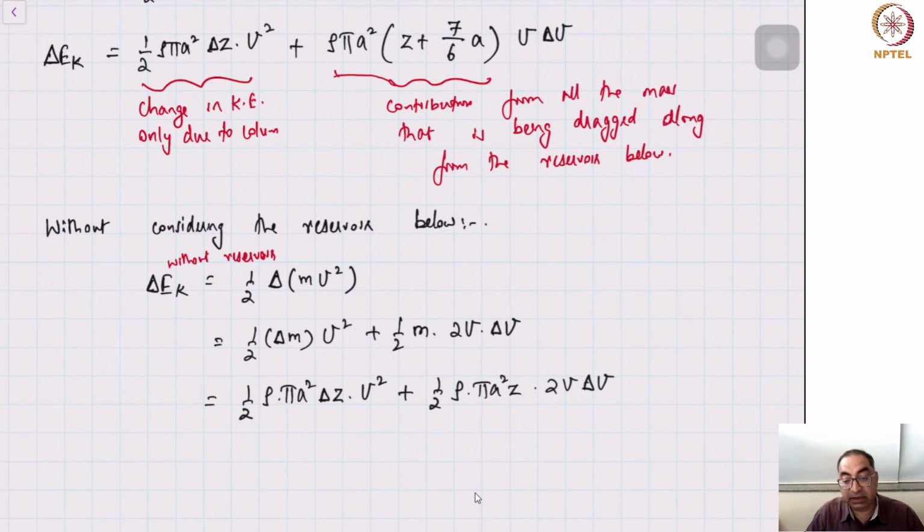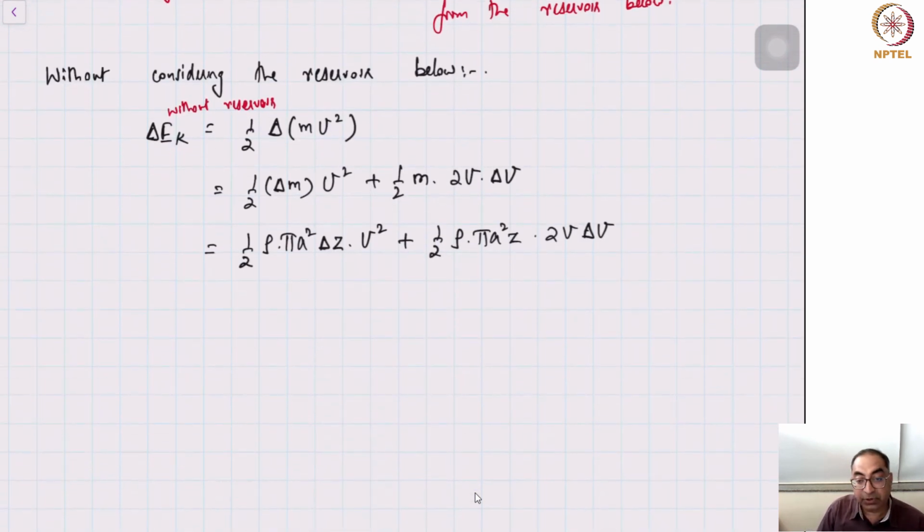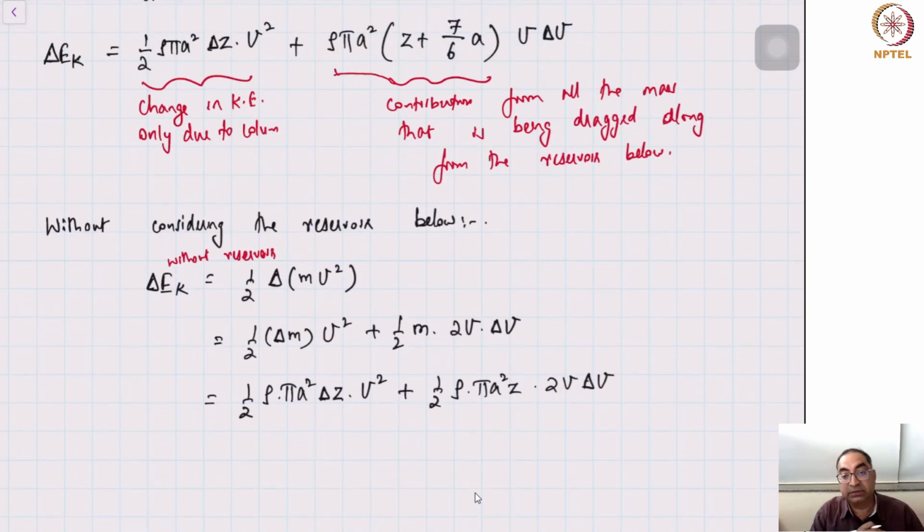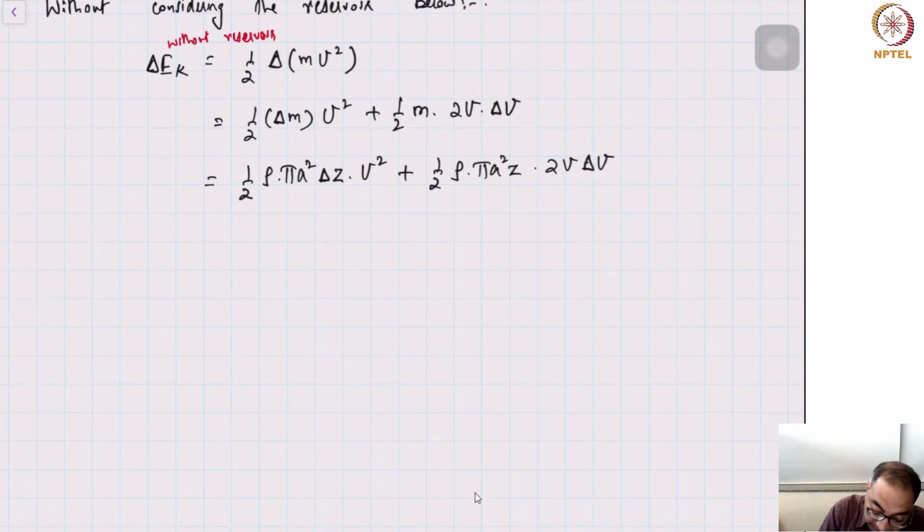Whereas the expression that I have below has the reservoir effect. Okay. Right. So what do we conclude from this? You see here, if I take the reservoir into account, I get an additional contribution of the 7 by 6a term. Okay. So I can conclude, comparing the two expressions,